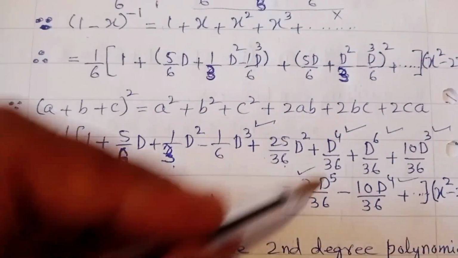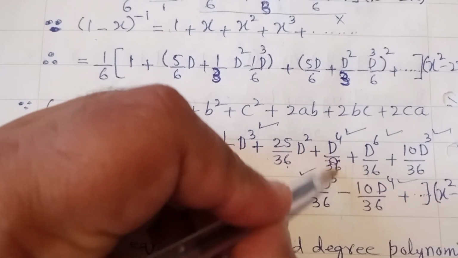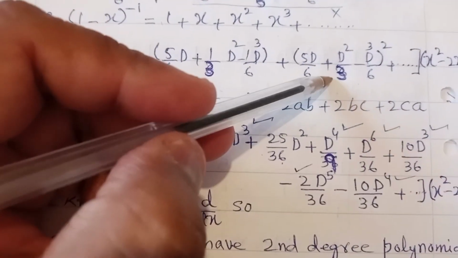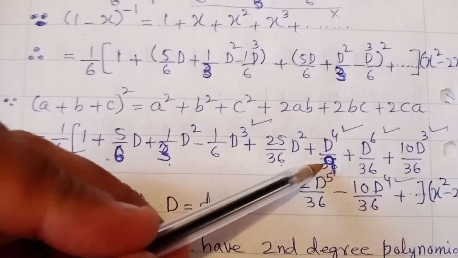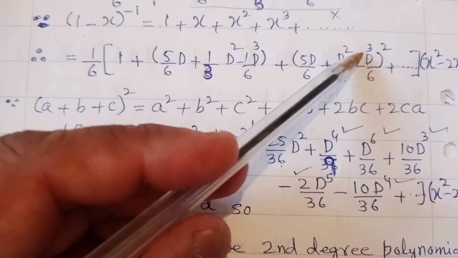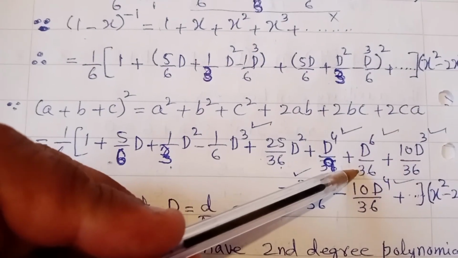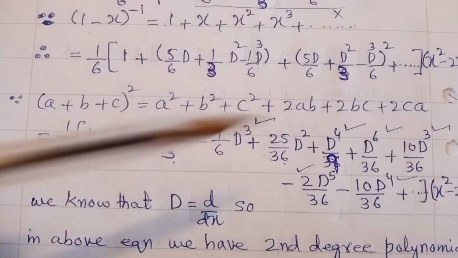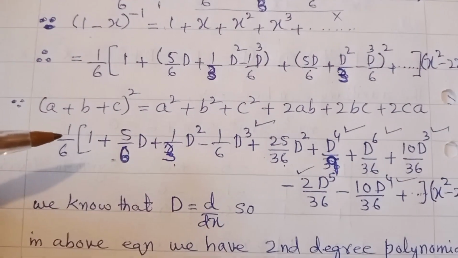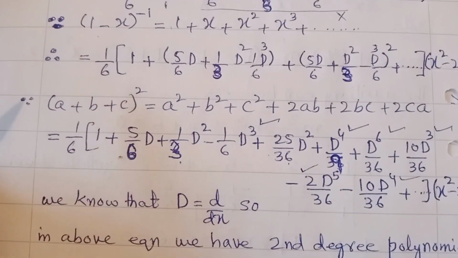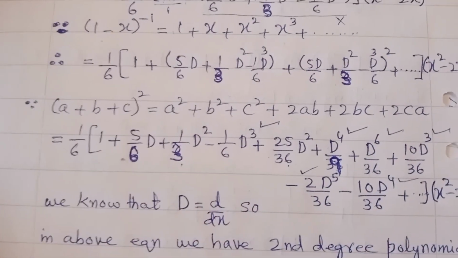For b square, it is not 36, it is 9, because we have 3 in the denominator, so b square is D 4 upon 9, and the third term, c square, is D power 6 upon 36, and ab, bc, ca, when you multiply all the terms we will get the higher powers. So we will not write all the terms, we will terminate the series up to the power 2 of D only, because I have already written here, because you know that